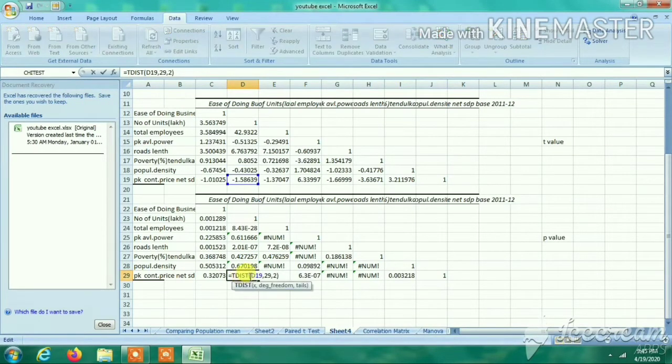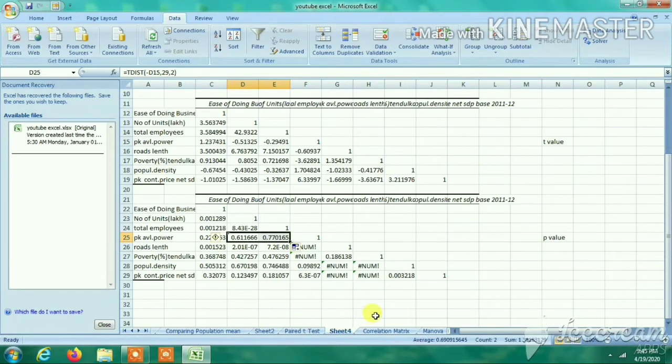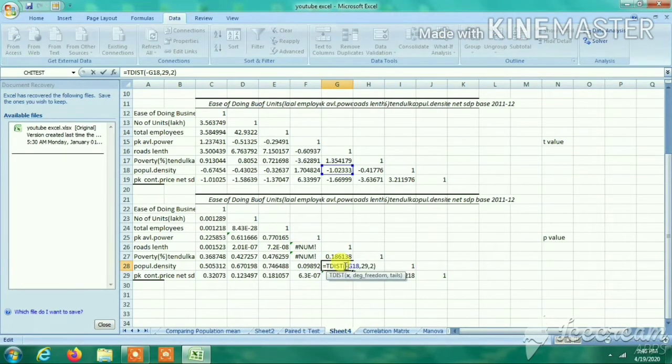Here, negative sign and enter. Now you can draw in this way also, because there is a negative value also. Now here again there is a negative value, put the negative sign and enter. Similarly, negative value, drag this one. Once we get the actual value, drag this one also.